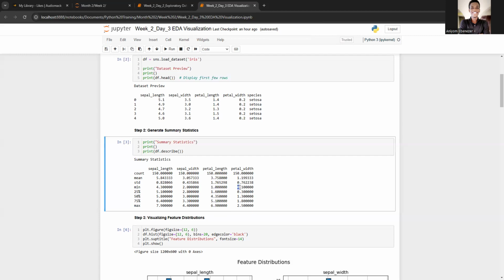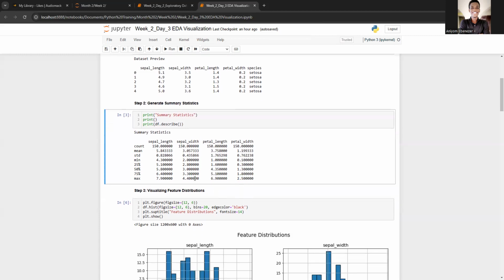Then we have here 0.1 down to 2.5. So it's still within the range. So this alone will help you understand that this is actually what helps to understand the